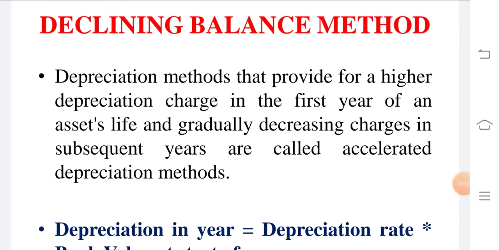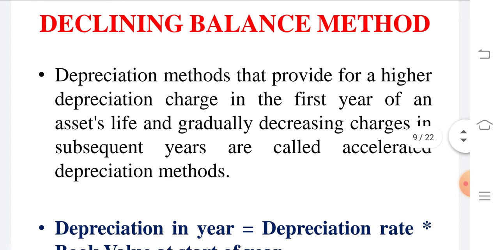So now the topic is declining balance method. Earlier we have seen the straight line depreciation method. There it can be noticed that the annual depreciation value remains the same till the end of the lifetime period. For each and every year the annual depreciation expense remains the same, whereas in the second method, named declining balance